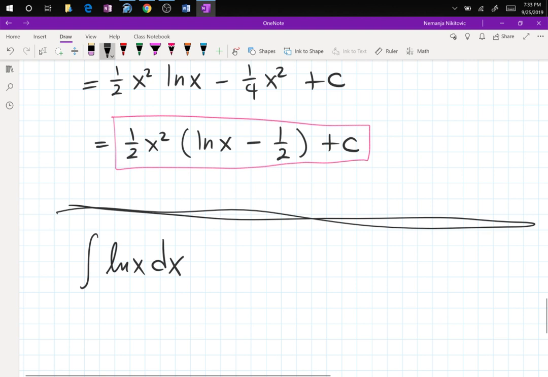Let's just see. So is it the basic integral? No. Is it a u sub? No. So by process of elimination, it is integration by parts. Great. So I immediately set up u dv,